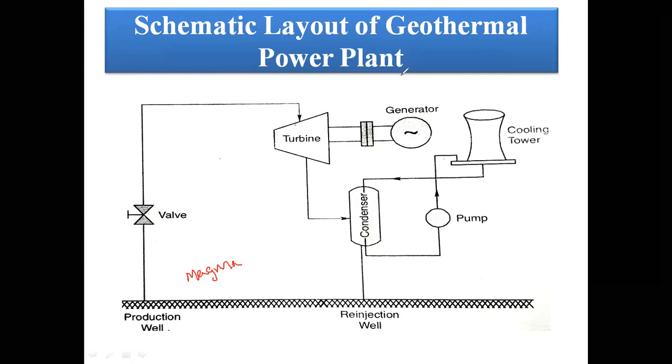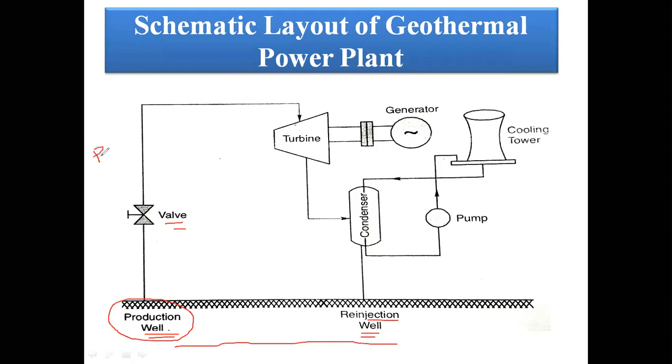Now you can observe in this diagram that there are two wells. One is the re-injection well, and the other is the production well. Injection well means the water is supplied here. Actually, because of the magma in the land, once we inject the water, the available heat is taken out in the production well. With the help of the valve mechanism, we drive the steam turbine based upon the demand.